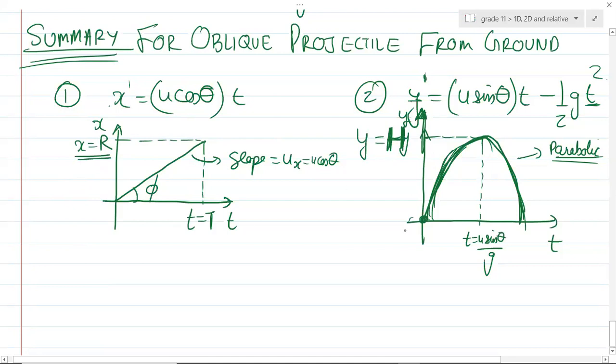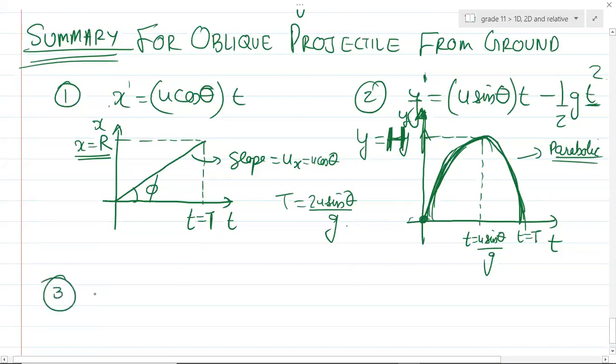So remember this graph. And what is t equal to? T is equal to 2u sine theta by g. Is it fine? So can you see the maximum height at the time of flight, the x component is R. At the time of flight, y comes back to 0, and here it becomes maximum. So anyways, this is a small analysis of the graphs.